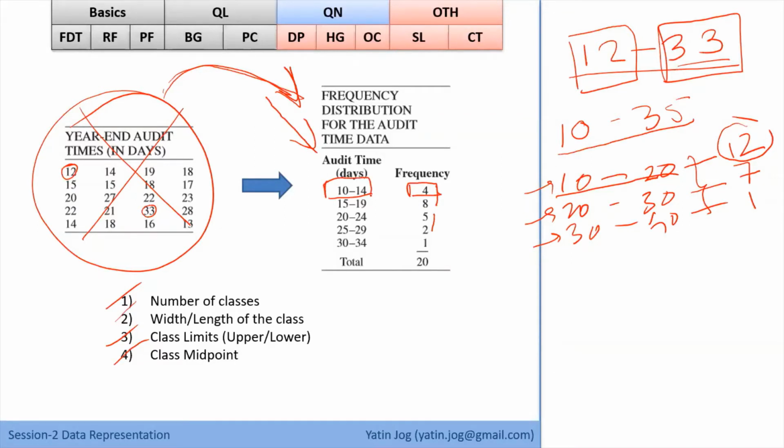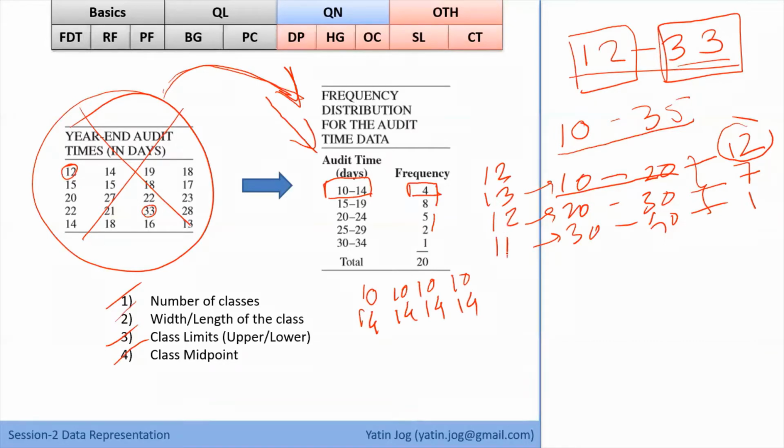So what I can do is consider all 4 values as 10, which is the lower limit, or all 4 values as 14, which is the upper limit. Now what will happen if my 4 values are, randomly taking some numbers, 12, 13, 12 and 11?